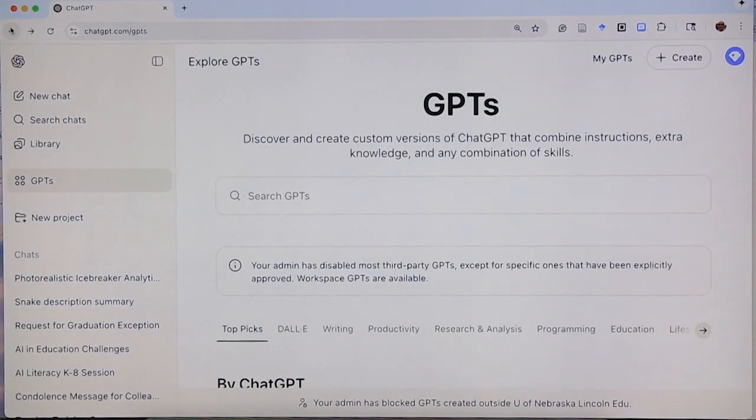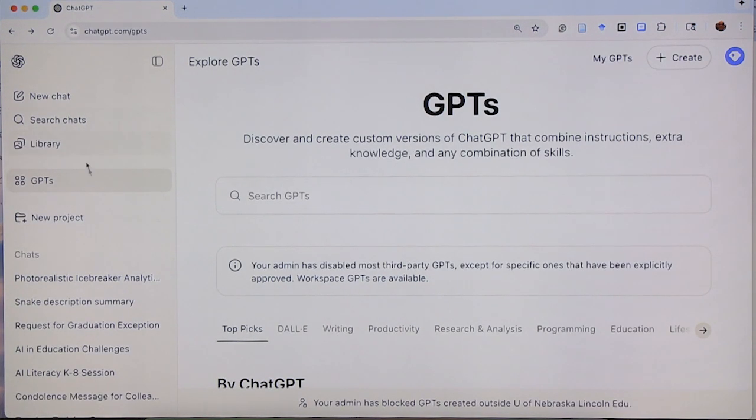So the most important thing about ChatGPT and the way this works is you can share it and people can work it from their computer. You can share it to a wide audience, so share with the world, anybody can find it, or you can specify specific people that you want to share it with. So let me go back.